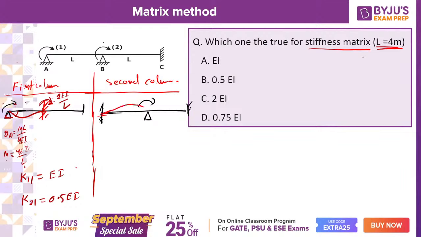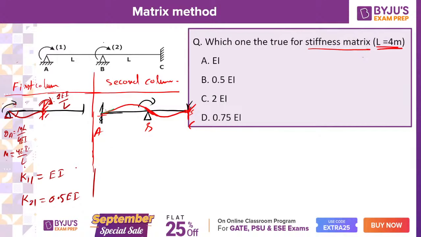If you want to rotate the joint B by 1 unit, you are actually trying to rotate both the beams AB and BC. So to get the unit rotation here, how much effort will you need to apply? The total effort will become,